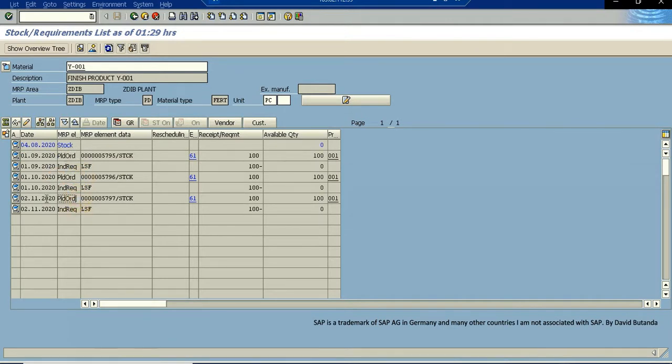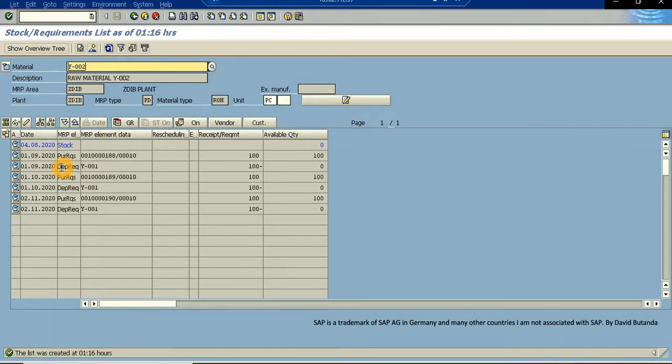I have plan orders that are going to help us to balance the future requirements of this finished product. So we have independent requirements for 300, and we have plan orders to cover those requirements. If we go to check the raw material, enter the raw material and click on continue,